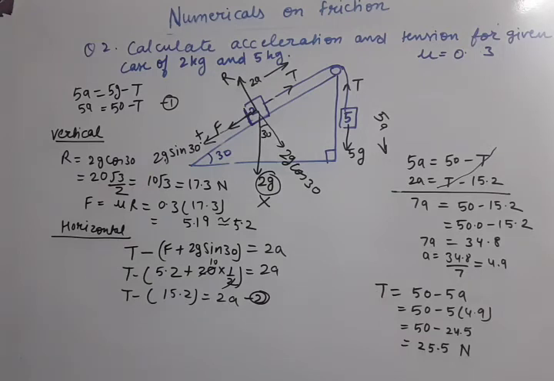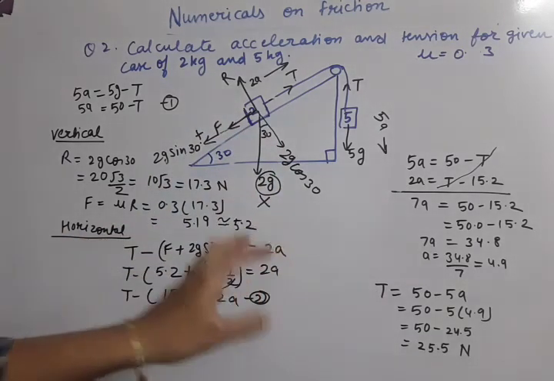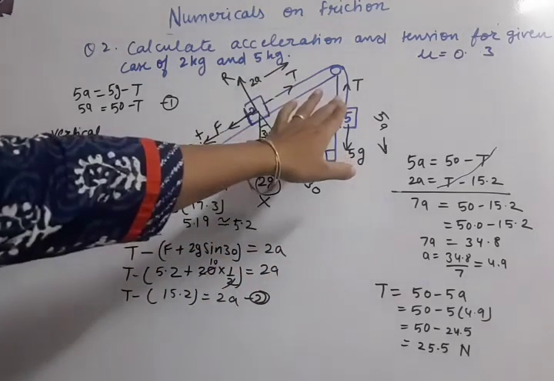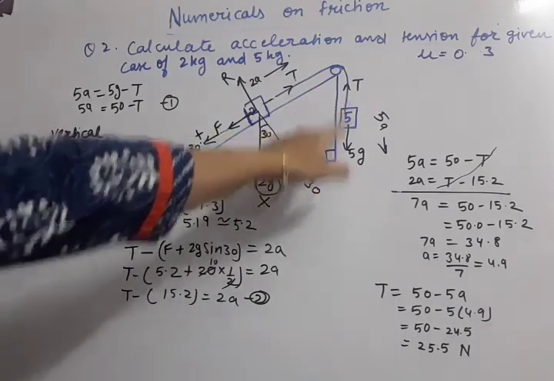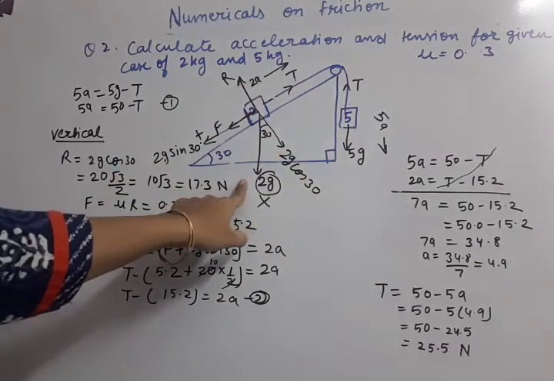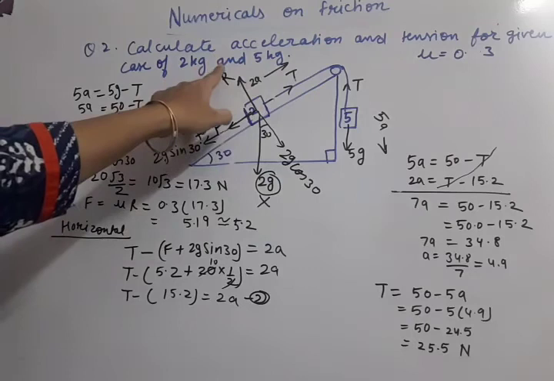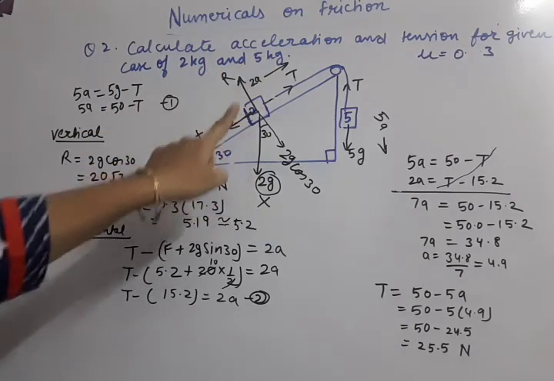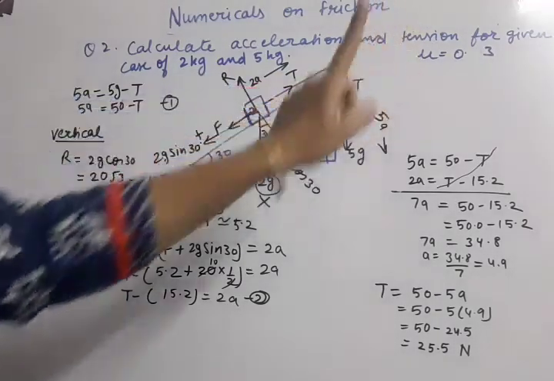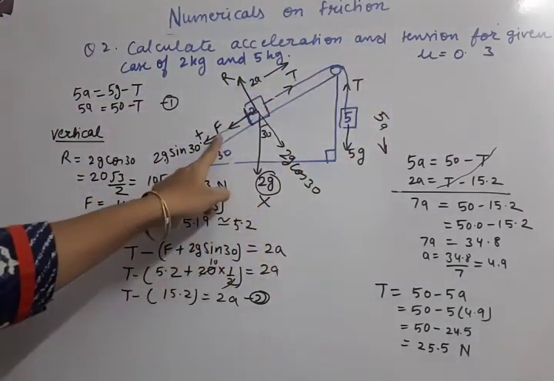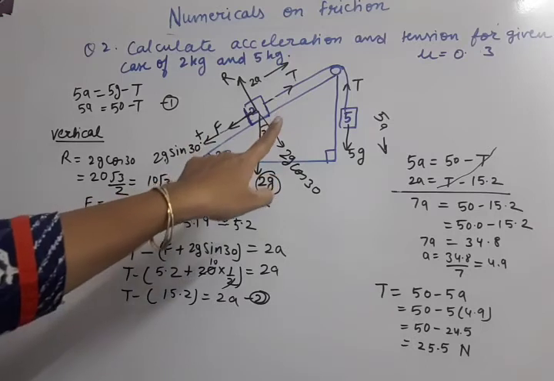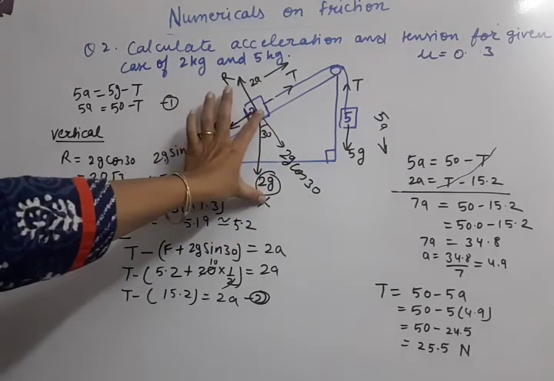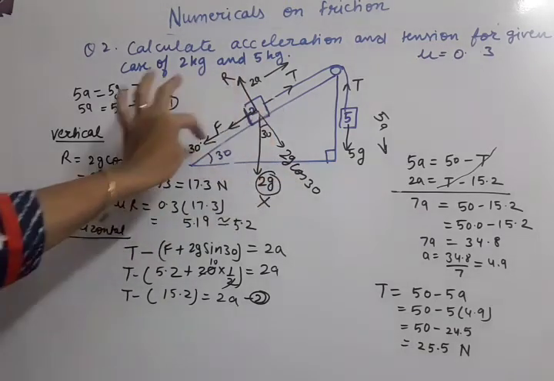Okay. So this is that question in which maximum things we have used. That means tension is used because a string is there, weight is used vertically downwards, reaction is used because the body is touching the surface, and friction, mu is given, that means friction is to be used. So friction is always opposite to the motion, and because angle is also there, so how to handle the angle questions? So this way we resolve.